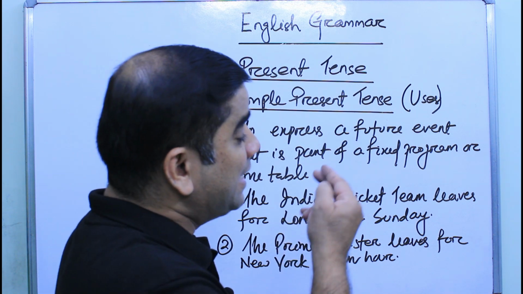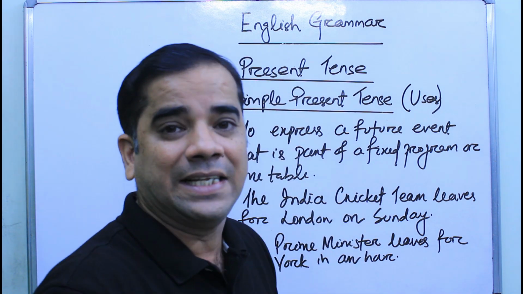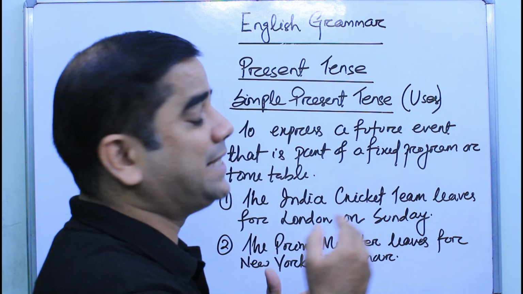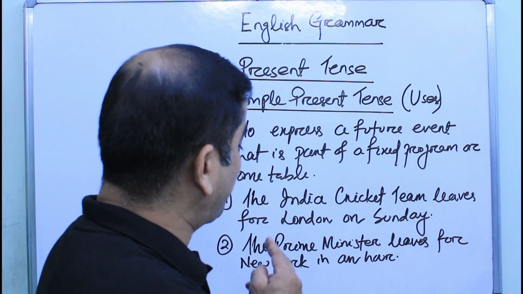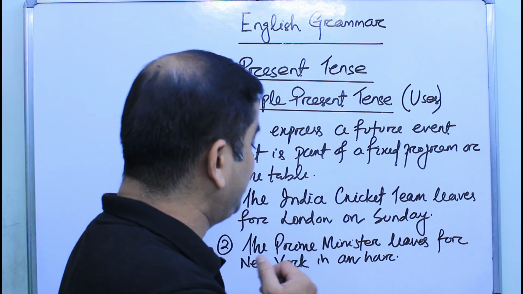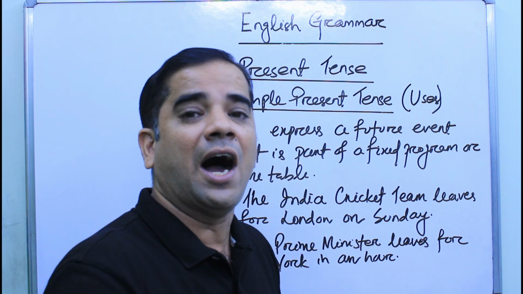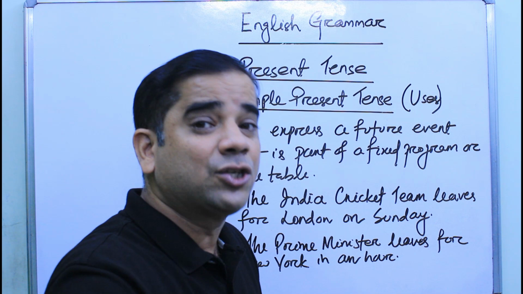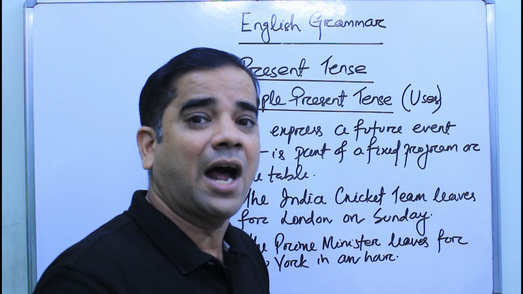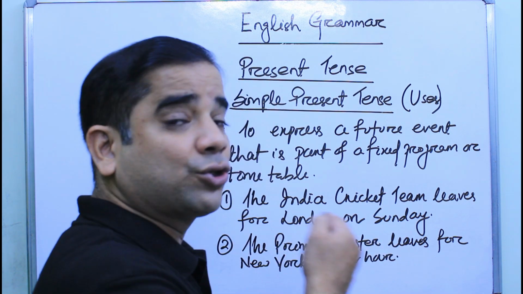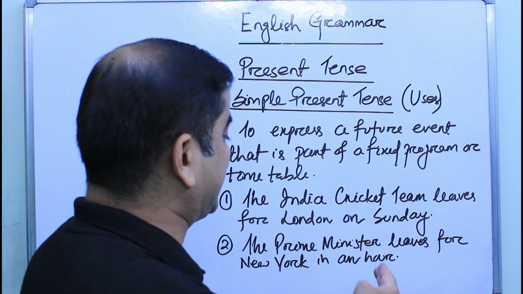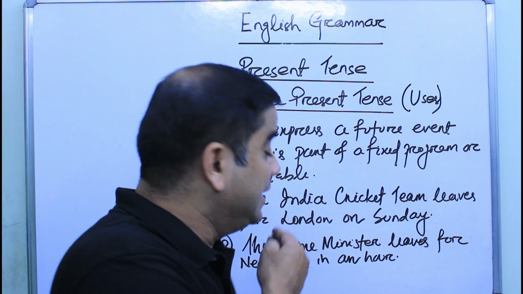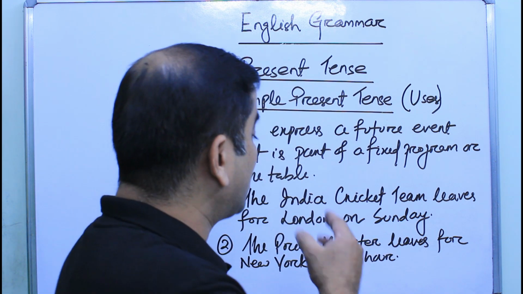So we use the simple present tense to express their movement. Okay. Second sentence, the Prime Minister leaves for New York in an hour. In an hour, that means it is going to happen after an hour. So it is also in future, but we are using the simple present tense because his movement or the verb